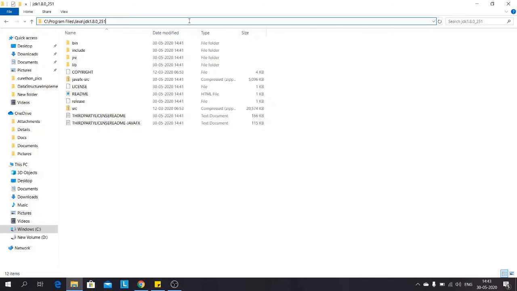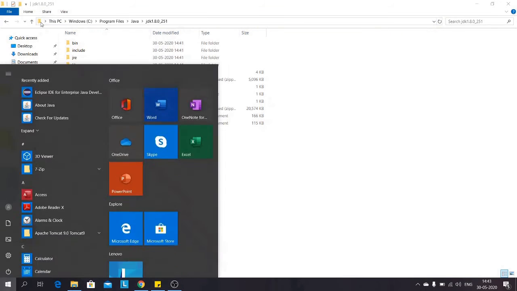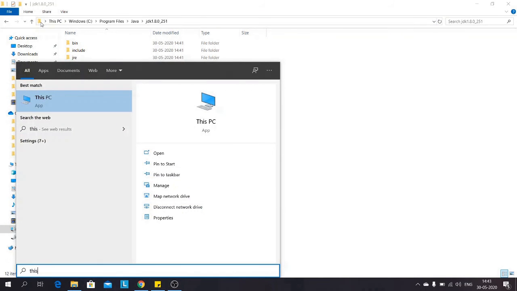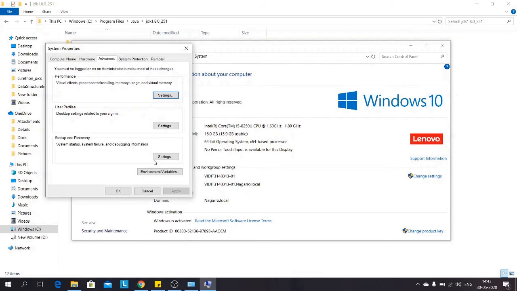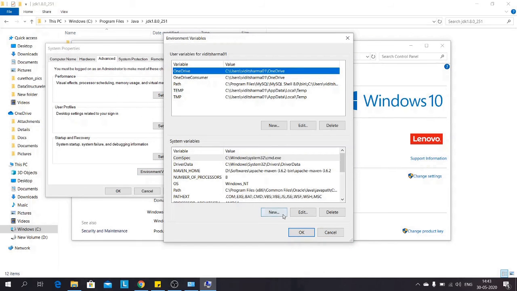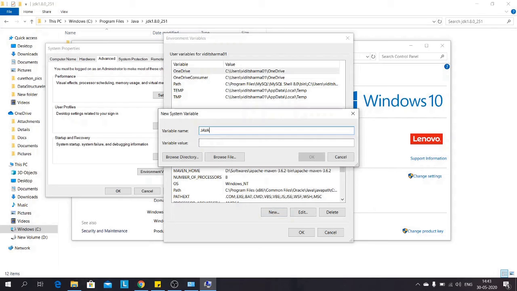Now we need to use this particular path in our system environment variables. For that we need to go to This PC, right click, properties. This screen will show you advanced system settings. Click on it. Go to environment variables. In system variables, click new. Type in exactly JAVA_HOME